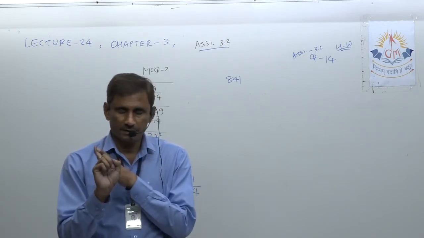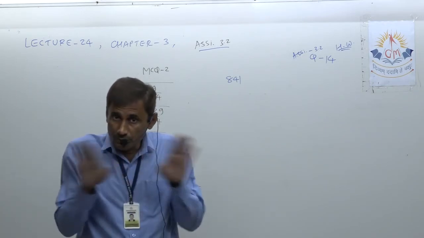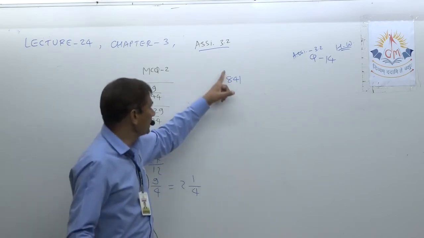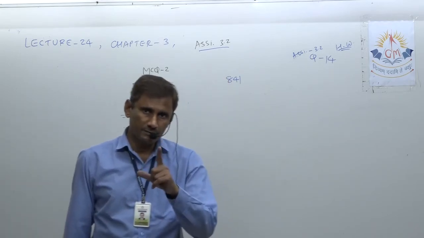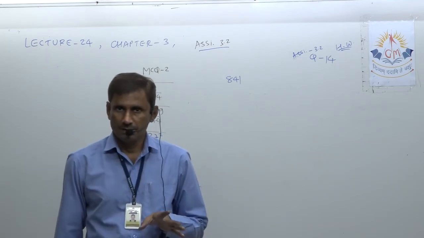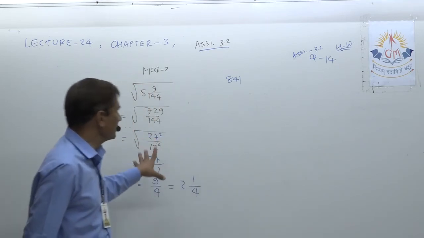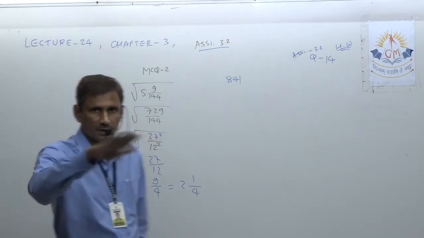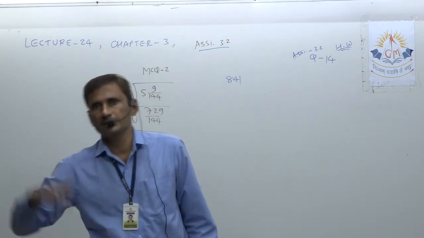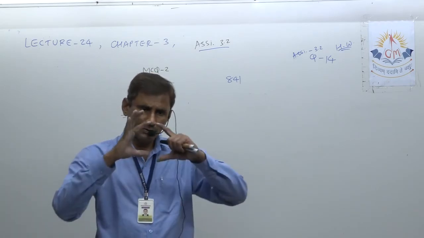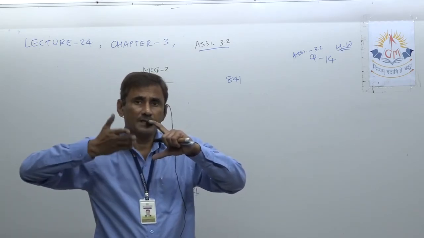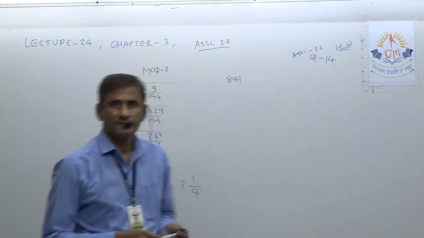Prime factorization method you can do. Long division method you know. So either you apply here the prime factorization method or the long division method or the assumption method. The assumption method I just explained here. You just list out first of all 10 square, 20 square, 30 square like that. If you want, you can go ahead also. Now you know in between which two numbers it is there. So accordingly you have to find the square root.